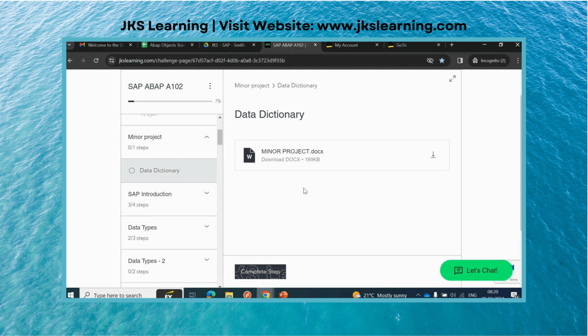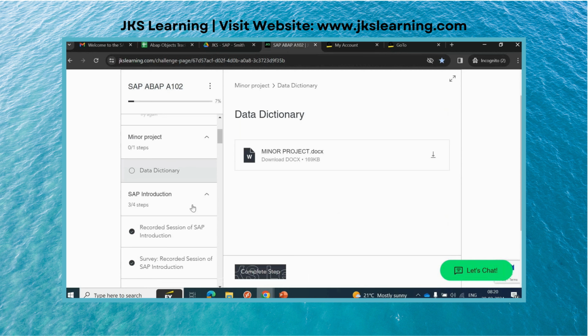You can download it, go through all the questions and answers, and then create a small project, which will be more satisfying for you as well. If you are just listening to the trainer and not practicing, it will not work, right? This is the best interactive set of sessions I have seen till now.